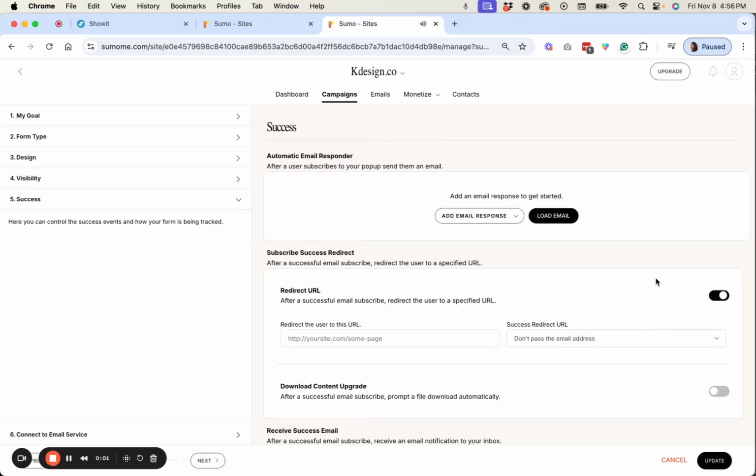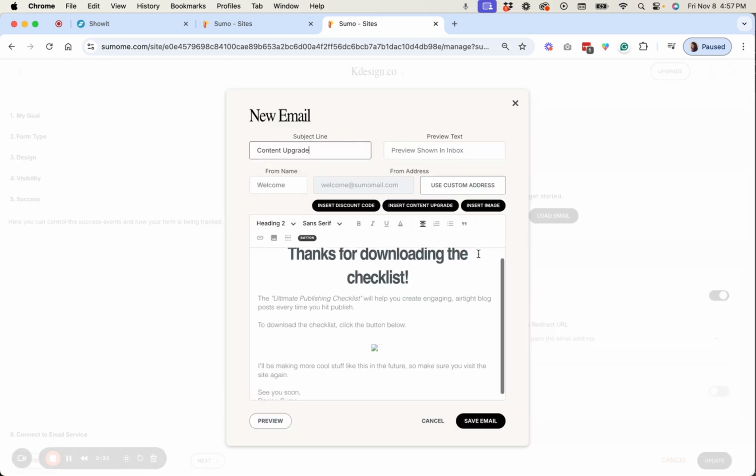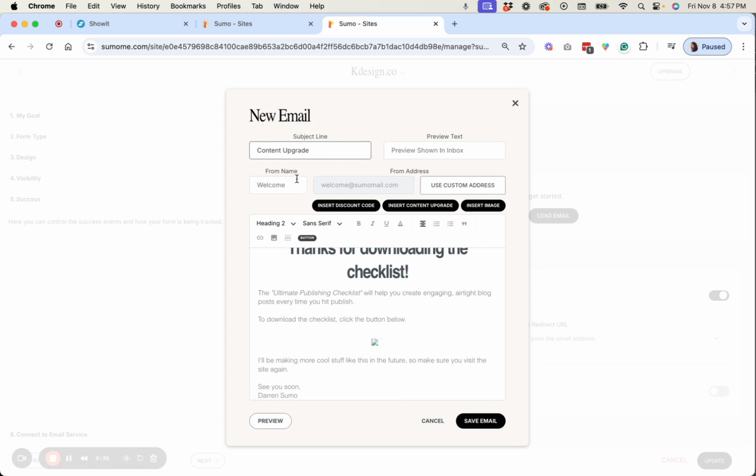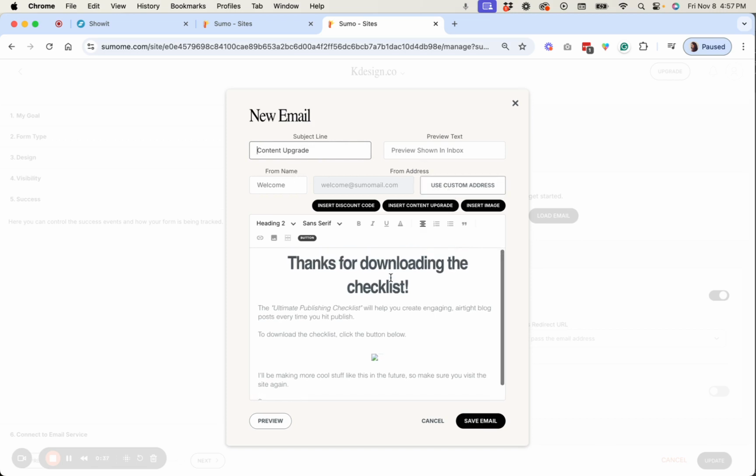So now that we have our trigger all set up, you want to define what you want to happen once somebody successfully submits the form. Usually for this application, you're going to want to follow up with an email that has a PDF or a file attached to it. What's really cool is BDOW has options for that already built in. You can do one of three options if you click add email response under the success tab. For this application, the content upgrade template is going to be just what you need. You can update the subject line, the preview text, the from name,